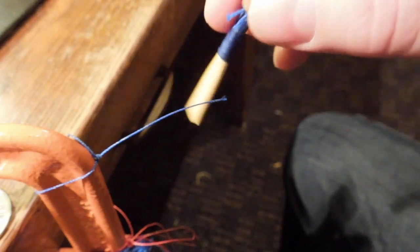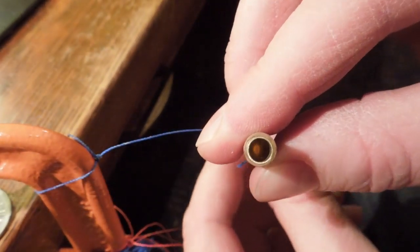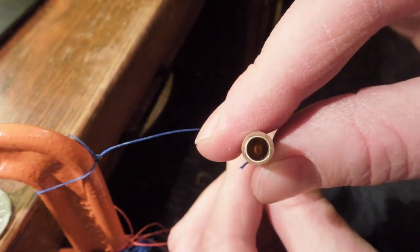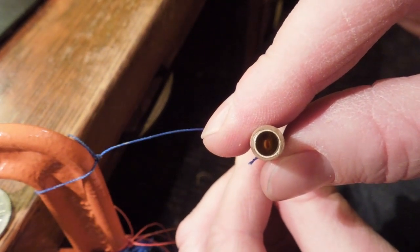If you were to look down through the tube at a light source, you could kind of see whether or not it splits the oval in the middle. And that's very good. That means it's...